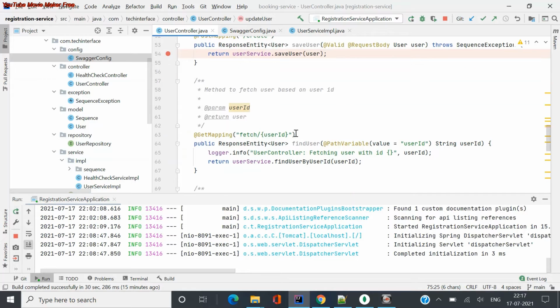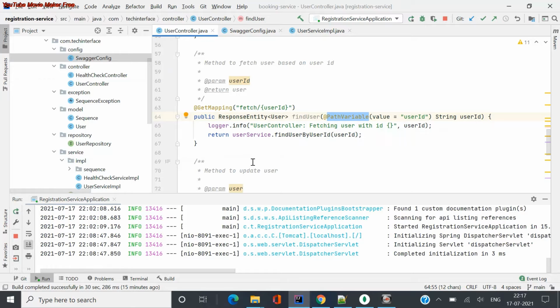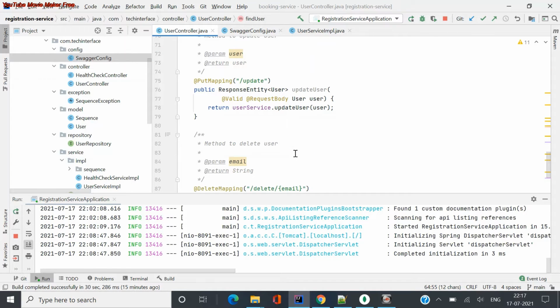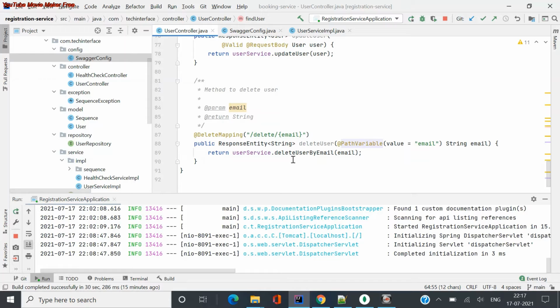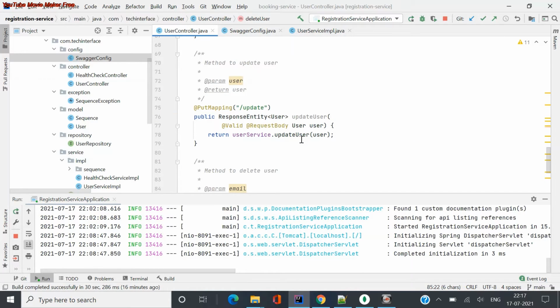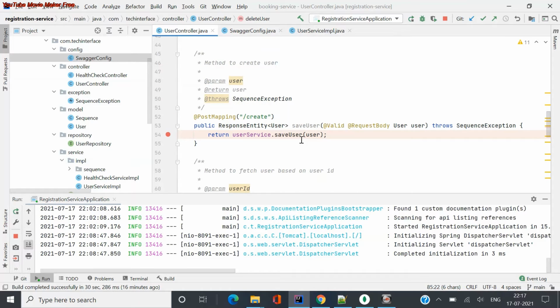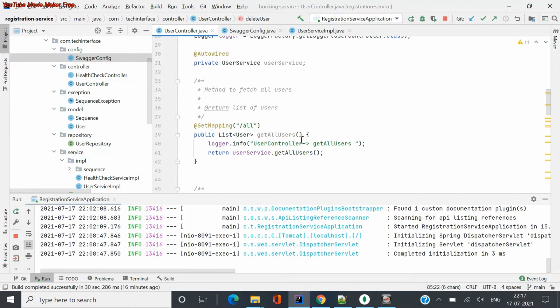So while defining these parameters, you just need to make sure of how you're defining everything. So this is a user ID, I'm defining it here as a path variable. Sometimes you might need a request variable also, you can add it. It's based on how you want to define that and what the usage of that is in your logic. And in all the comments you can also see what parameter it takes and what return type it takes, all defined here. So it gives clear information to any user on how you create your APIs, how you define your parameters, and what type of methods or request types you are going to use.